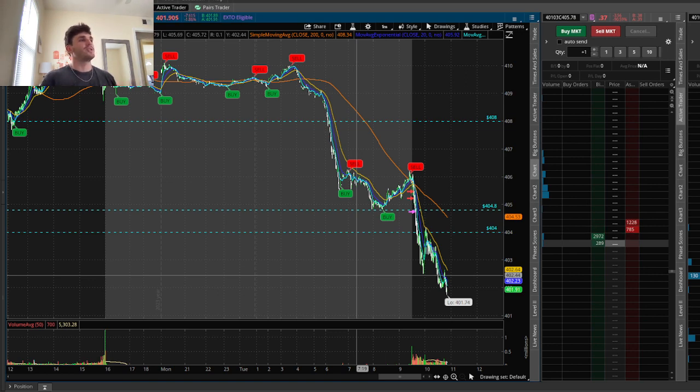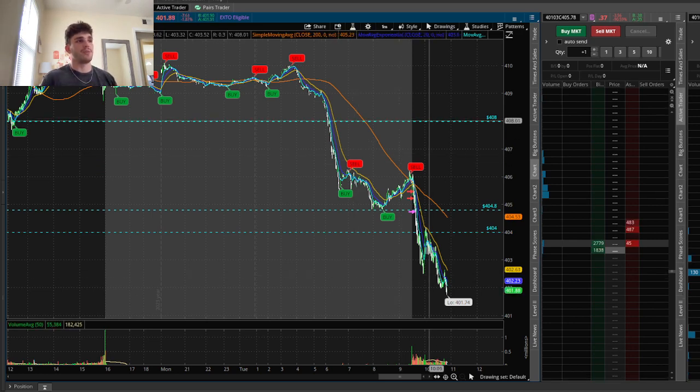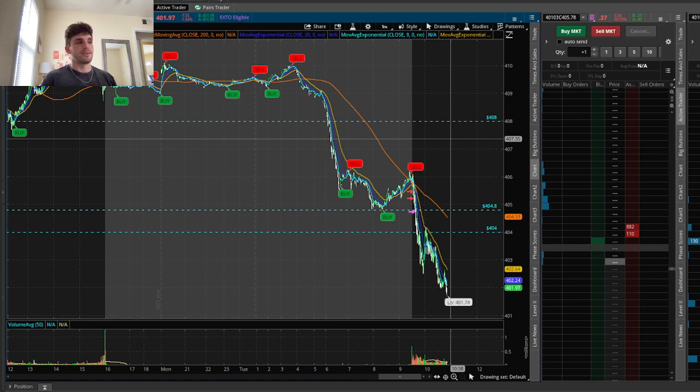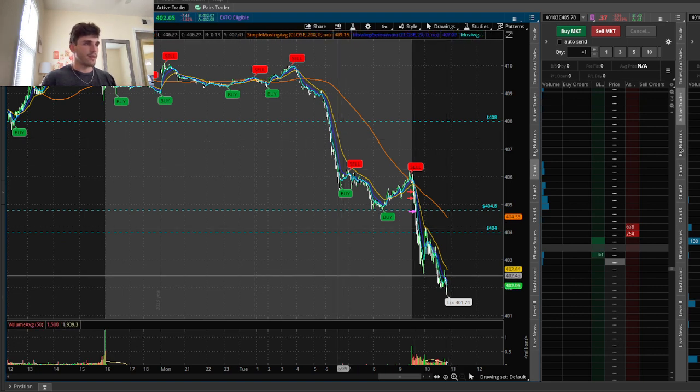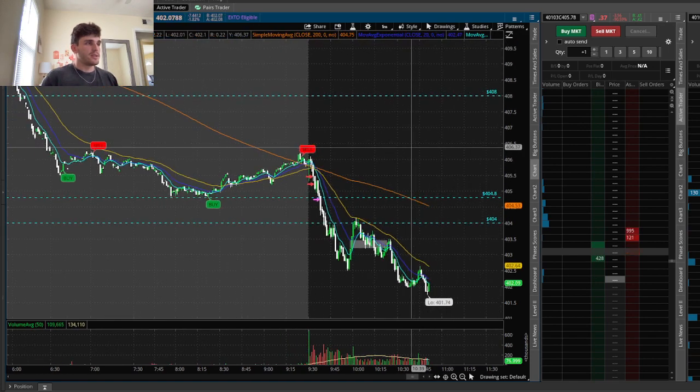So initially starting out the day, I was looking for two main levels. The first one was a 408 reject, if we were able to push up there. So a 408 reject, and the other one was a 404.8 break to the downside. So we'll zoom in right here. We're on the 1 minute time frame, and you can see